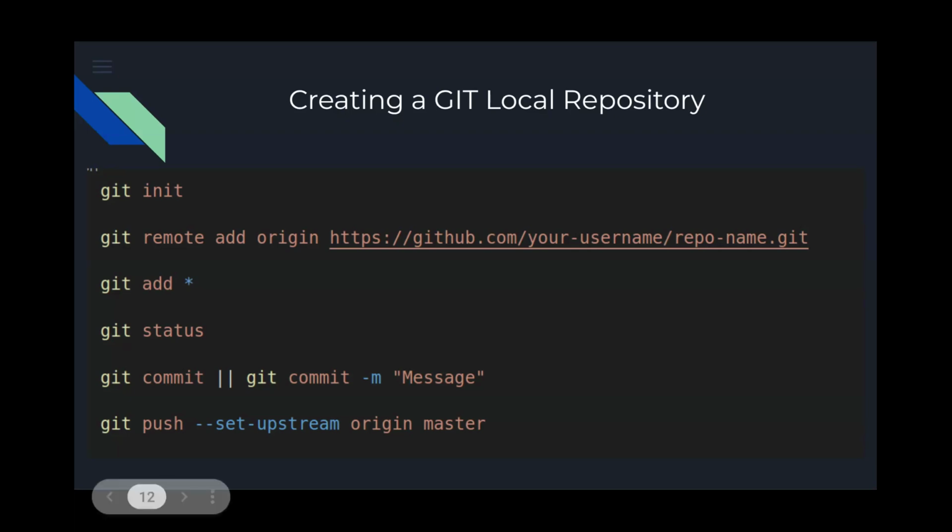And you only have to do this git push --set-upstream origin master one time. So after that, you will just have to use git push. But these commands will stay the same. This order of git add, git commit, and git push will always be the same. But this is a first-time extra that you add into that git push command, just to make sure that you're setting up your origin to the master branch.